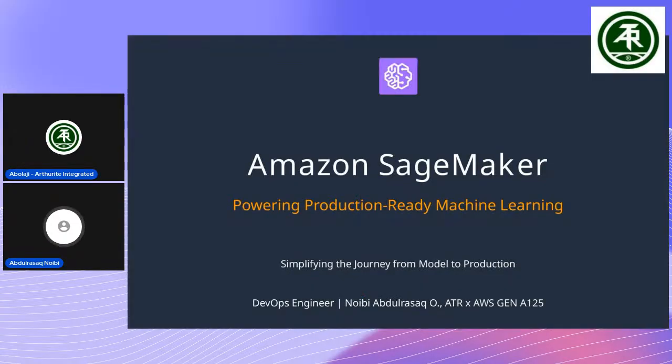Some of these words are actually properly coined. They're not just there; they all have a meaning. When you look for a sage, a sage is more like a person that's full of wisdom, who can do a lot of things. In the world of fiction, I can say probably a wizard, someone that is really good and can do amazing things magically. And then a maker, someone that is creative and builds stuff. So when you put all these things together, you start having a bit of an idea of what SageMaker actually is.